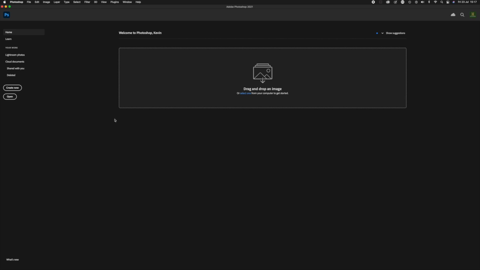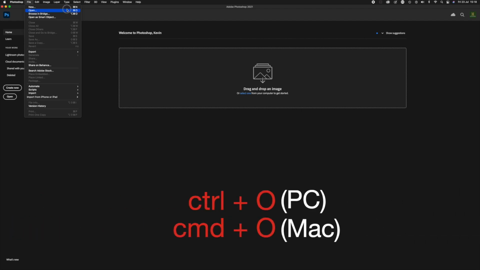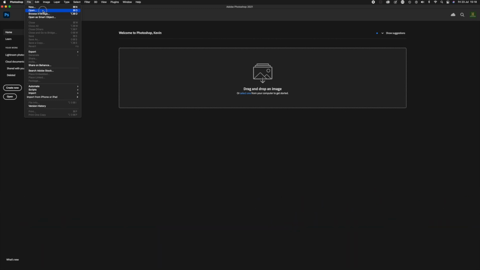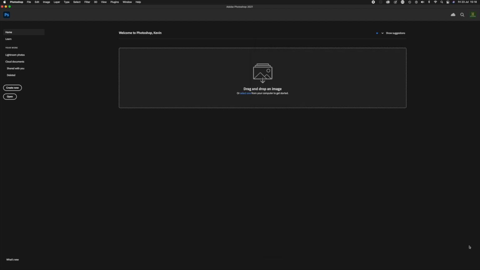So what I want to talk about on this first session is how we get your images into Photoshop, how you import them there to edit. And there's a number of ways of doing it. The most common way, I guess, is to drop down the File menu, top left, and click on Open. And you can see there's a shortcut key there, Command O on a Mac, which is Control O on a PC. If you press Command O or Control O, it's the same as clicking on here, and it's a lot quicker to use. It will open up the dialog box to import an image, so we'll just pick one there, open,